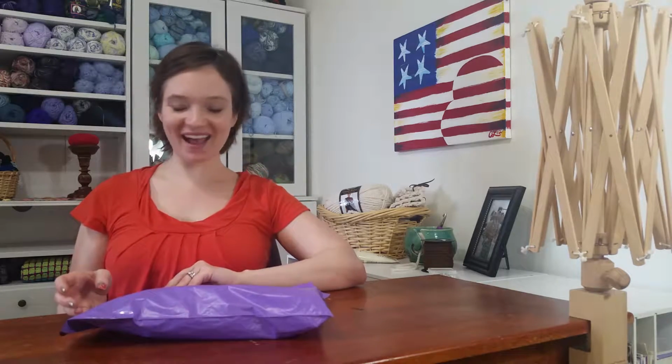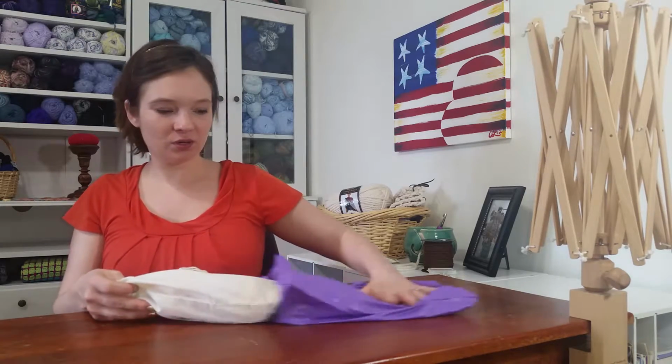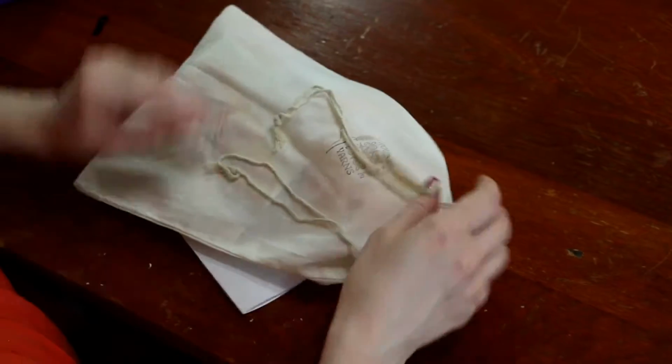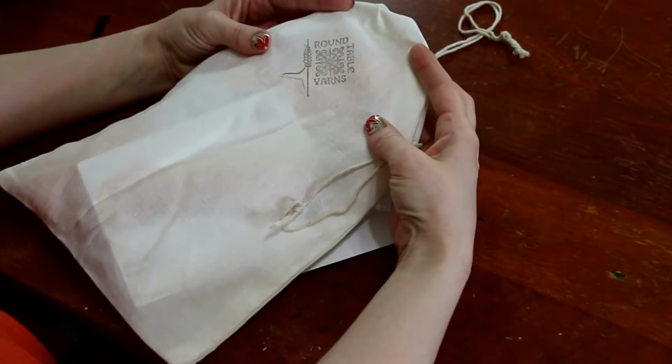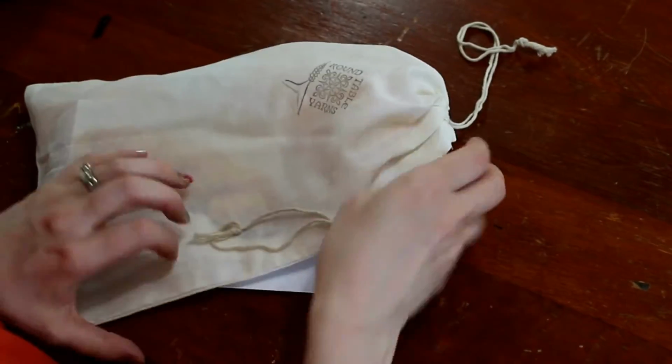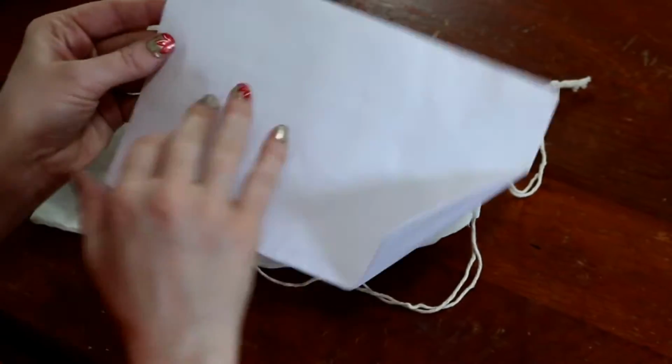So let's go ahead and open this and see what we have. Yeah? All right. Ooh, that's fancy. Sorry. Okay, awesome. Check out this cool bag. Round Table Yarns. Yeah, I'll be using this again. Oh, wait, what do we have here? This is...